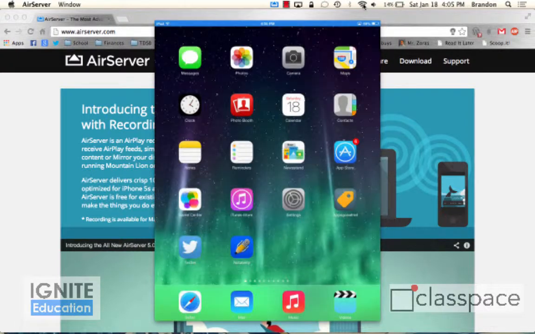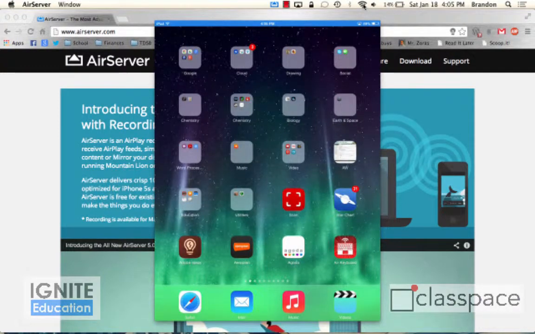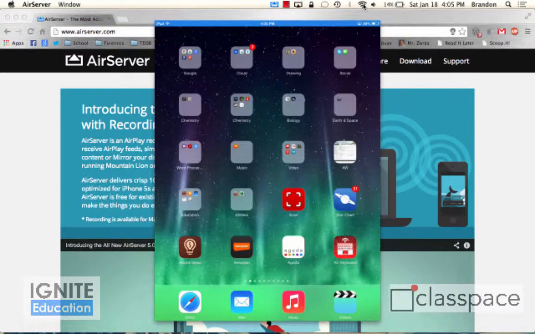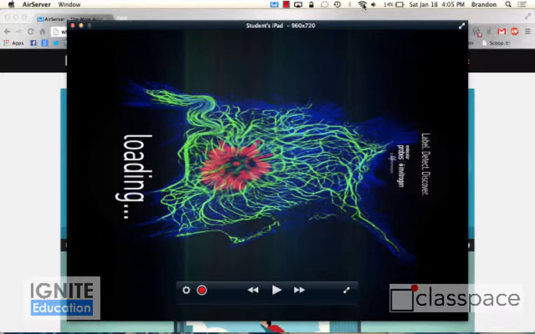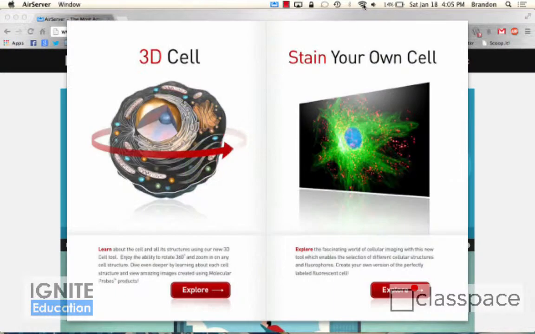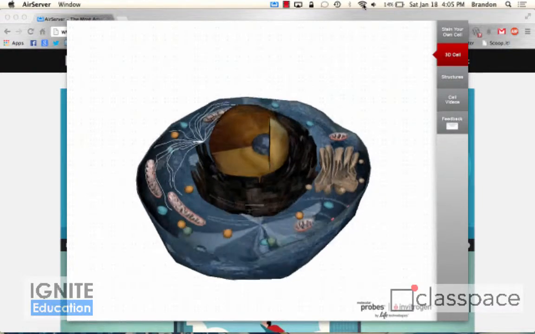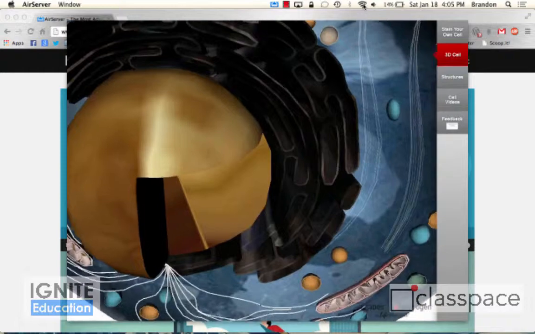Once you're in, you can use the iPad just as usual to get to different apps. You can switch it to landscape and go back to portrait, and it'll automatically adjust for you. Some of the uses I have in my class: if I want to show something, this app here is a great app for cells. I can explore and we can show that as we're passing around the class, and the students can use their touch. So right now I'm touching the iPad to manipulate a cell,